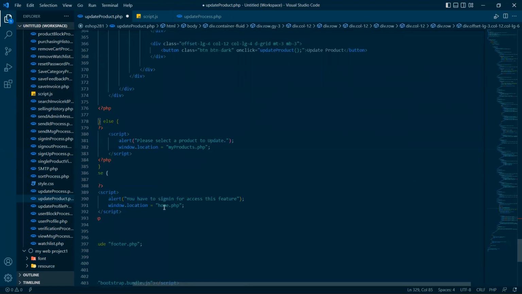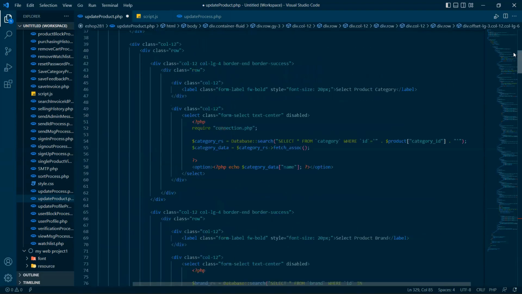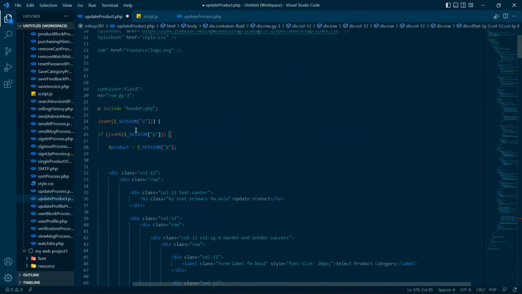And we will display this home page. And even though if we pass this $IDU, if we couldn't go through this $P, it means if the $IDP doesn't have any value,